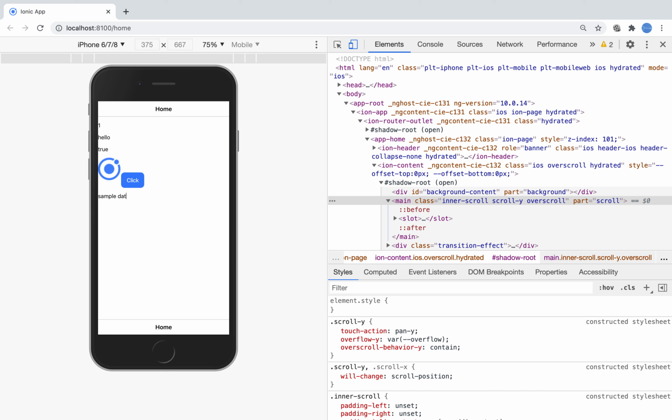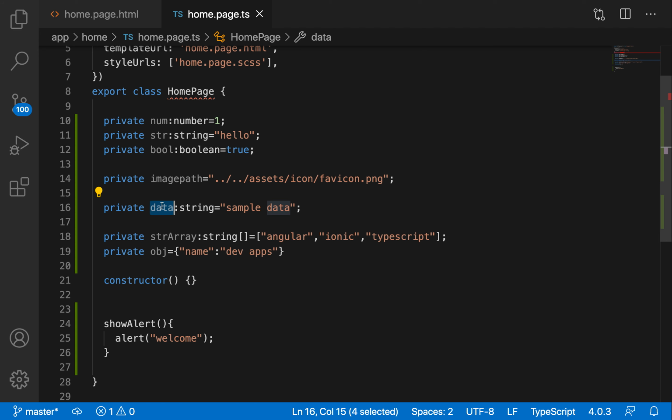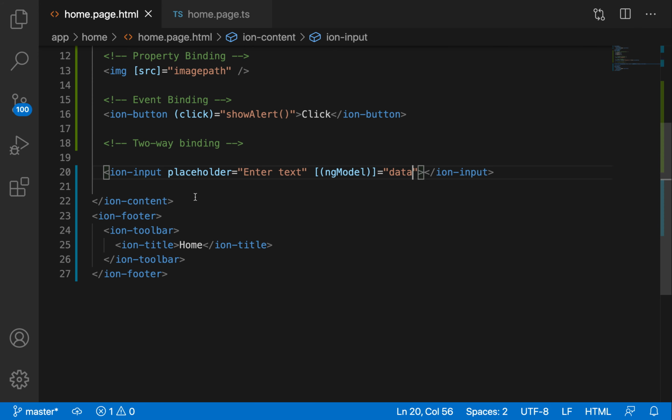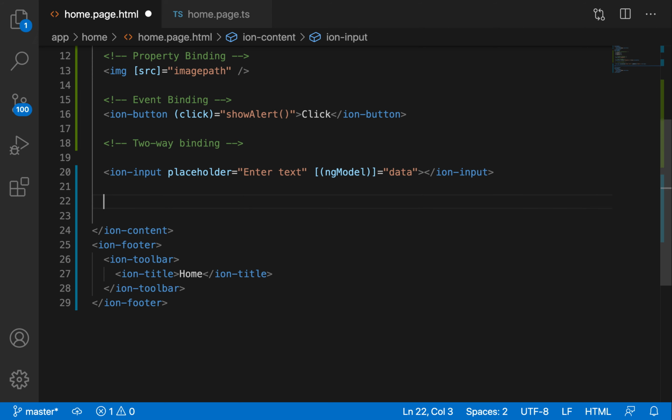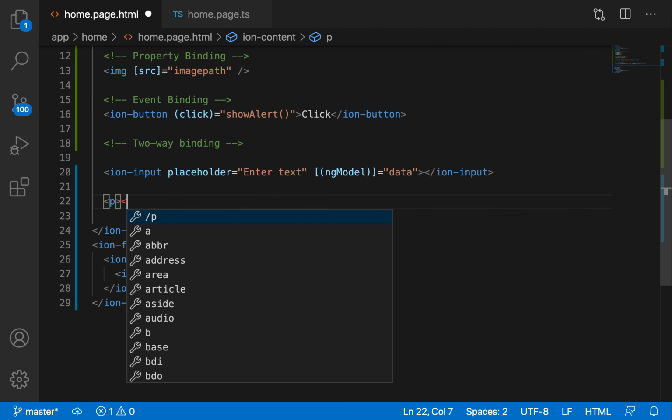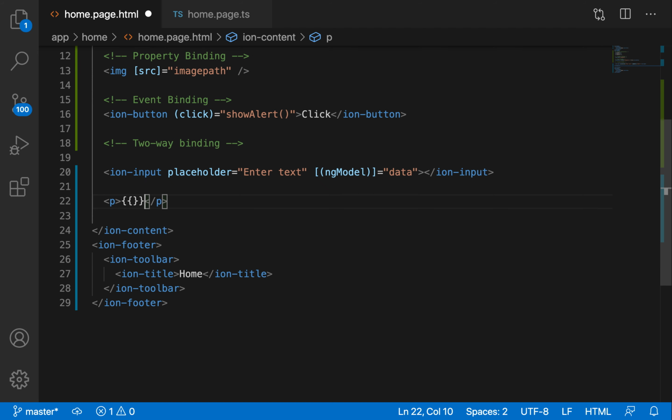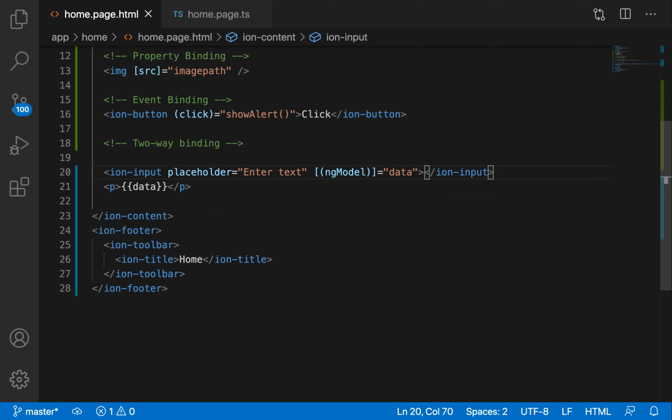Now whenever I change something here, I'll write some new data. When I change the data, automatically the data in the variable will be updated. If you want, you can see that variable also here. You can display the variable with the help of an expression, using the same variable to see what data is inside the variable.